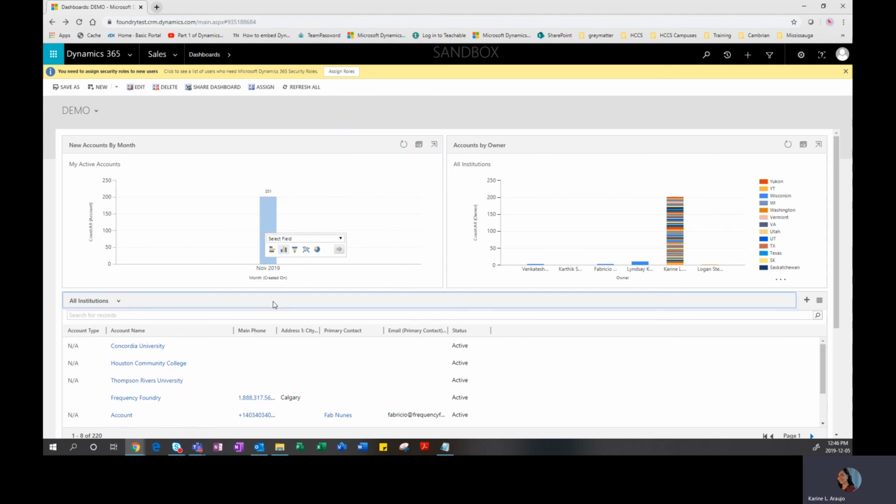right in your dashboard. So I hope this helped on understanding how to create your own dashboard and adding your